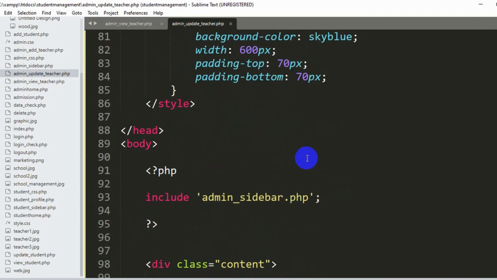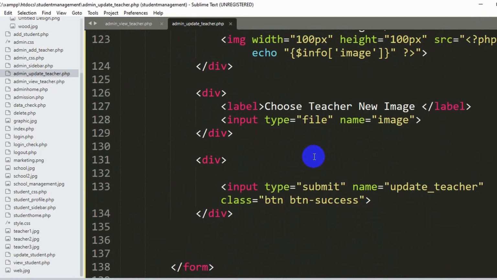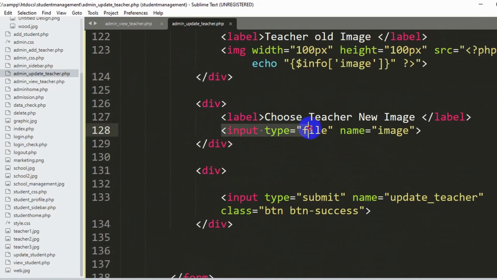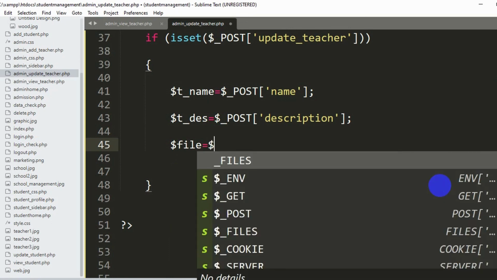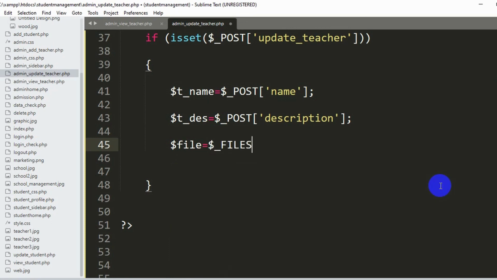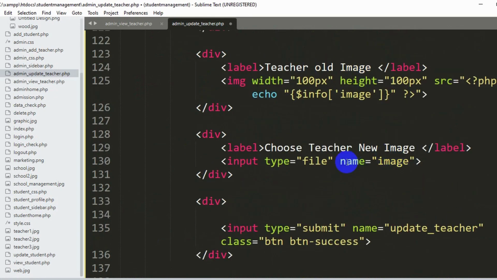Now in order to get the image, we need to write it a little differently, because for image, the input type is file. Here you can see type equal to file. So in order to get a file, let me declare a variable. Let's say dollar file equal to dollar underscore files. In order to get image, we need to use dollar underscore files. Then we'll give two third brackets, and inside it we are going to say the name, which is image, and this name is actually coming from here. If we go down here, you can see name equal to image,